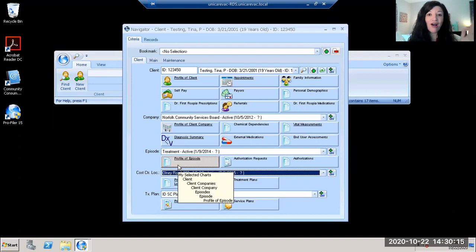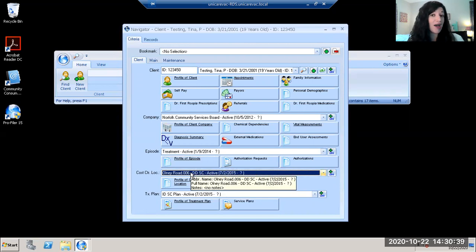Okay, so now I've got my chart all lined up and telling the system that I specifically want to look for developmental disability program information. Okay. The signature page is located in this tiny little green plus immediately to the right of where it says DD support coordination. Now, it is imperative that you have DDSC here before you select this. Otherwise, you would be looking at forms for another program. Okay, so just make sure you have developmental there. I'm going to click on the green plus,